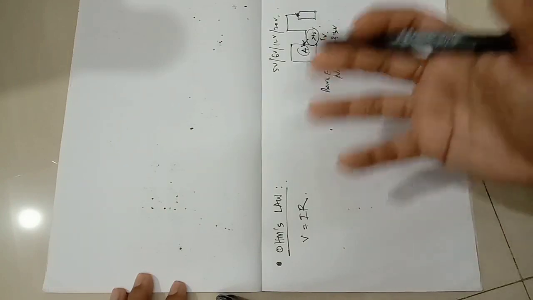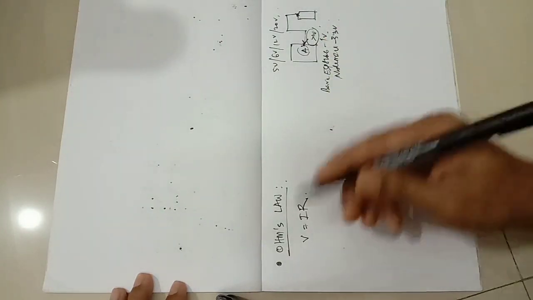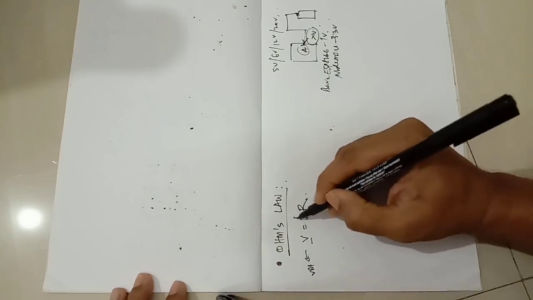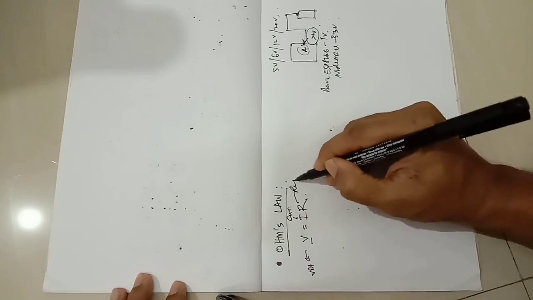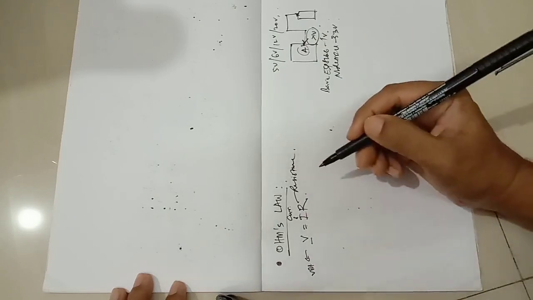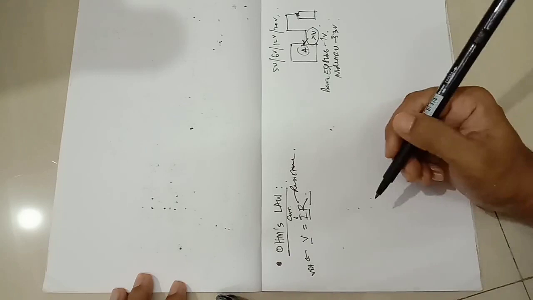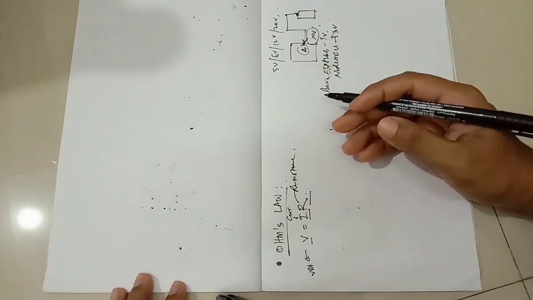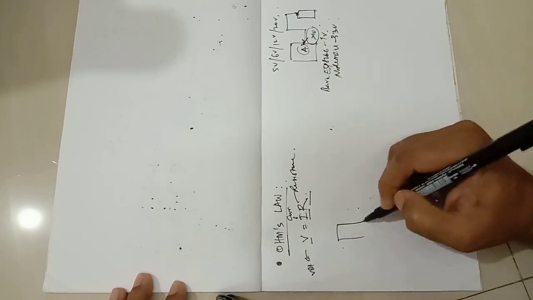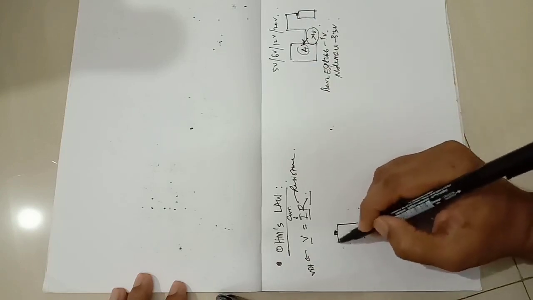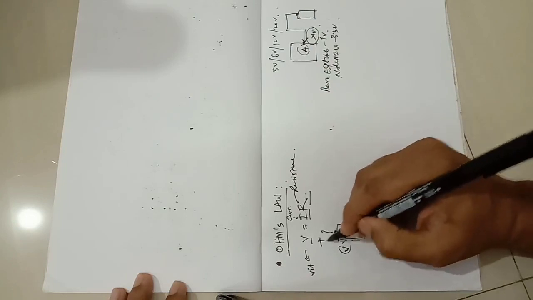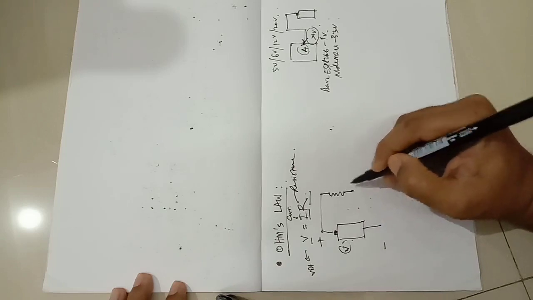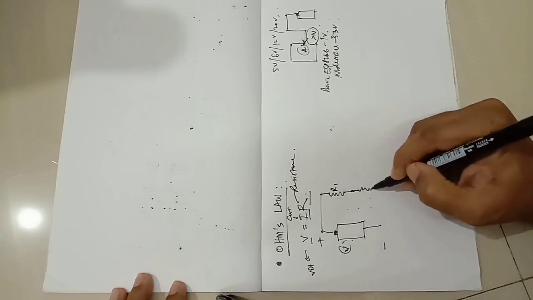So that is where Ohm's law comes in. Ohm's law says V is for voltage, I is for current, and R is for resistance. So Ohm's law says voltage is current times resistance. This is used in the voltage divider circuit. Now I will draw a voltage divider circuit here. So this is our battery, say a V volt battery, this side plus and this side minus. So the voltage divider is like this: there is one resistance R1 and then another resistance R2.